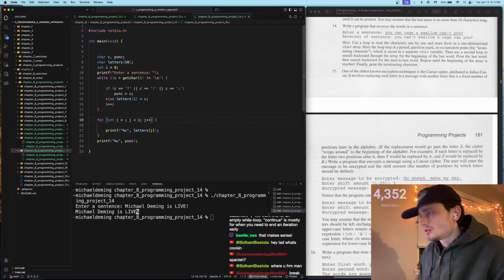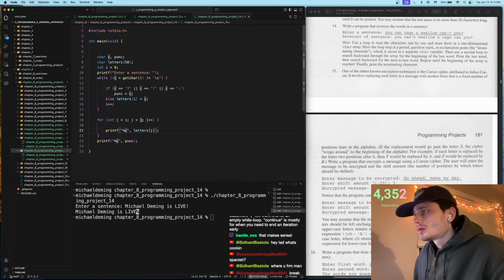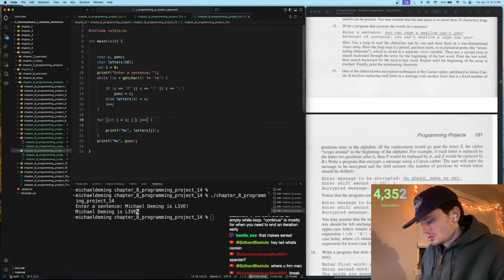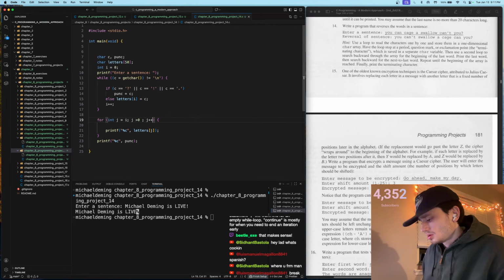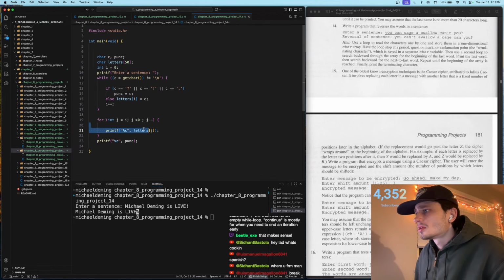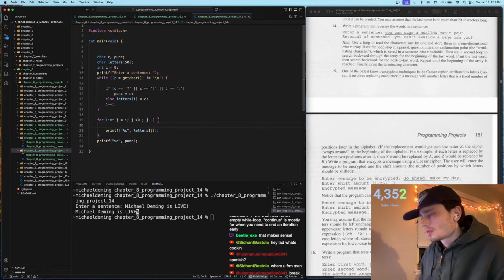So while j is equal to i, while j is greater than or equal to 0, j minus minus. If letters index of j is equal to a space, then what we're going to do is loop